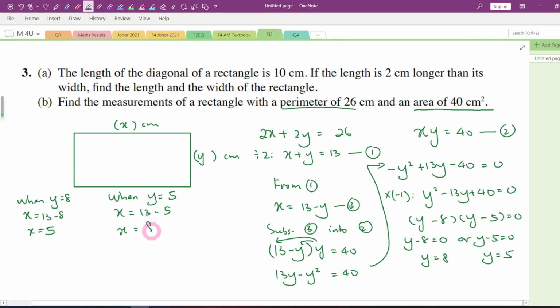X should be equal to 8. So you'll notice that one is 5 and another one is 8. So this is 5, 8, this is 8, 5. Okay, but it's okay. Now we know that